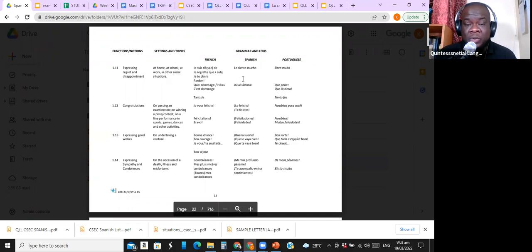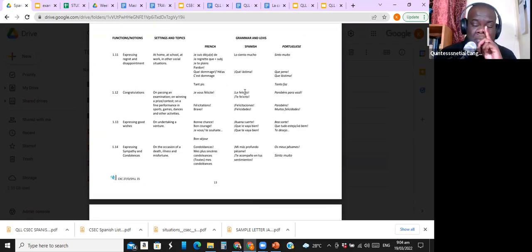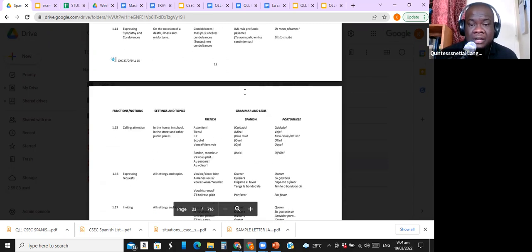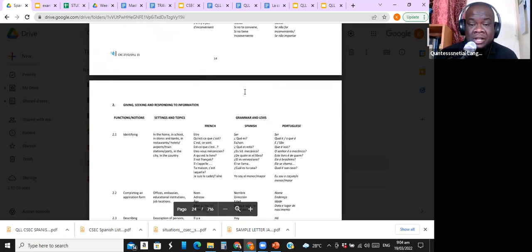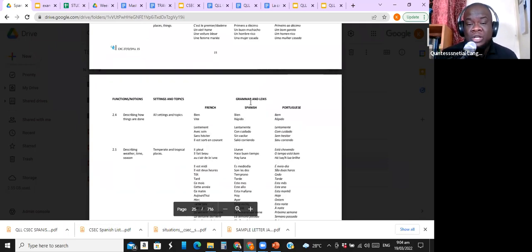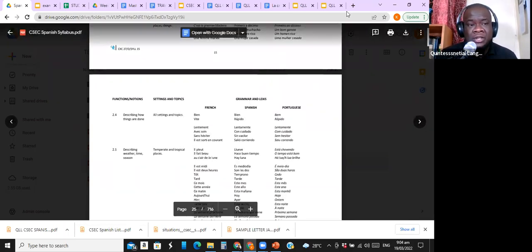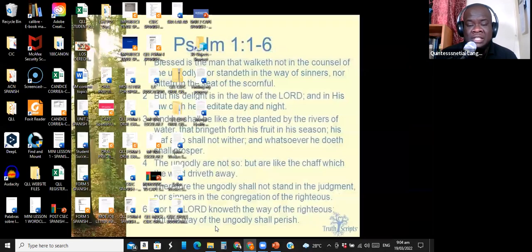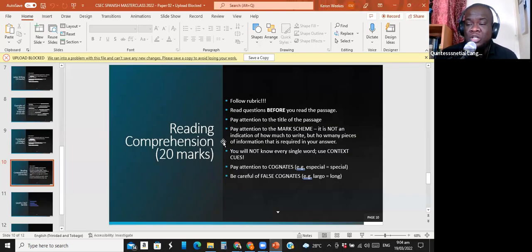Expressing good wishes: buena suerte, que le vaya bien. Expressing regret or disappointment: que lástima, what a pity, right? Que pena could be used as well. I've seen it in Portuguese, which is interesting. But it's the same thing in Spanish with an accent on the E and P-E-N-A for pena as well, right? Like, what a shame. And look, calling attention: mira. Using the connective words, not just starting off what you're going to say by simply saying whatever it is they ask you to say, but using those keywords: luego, entonces, etc.